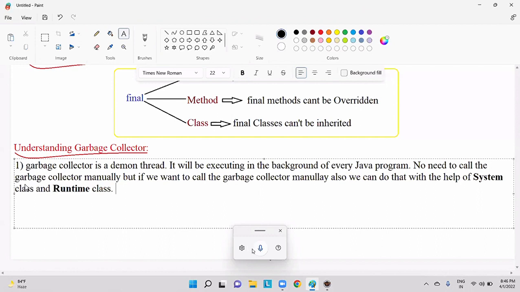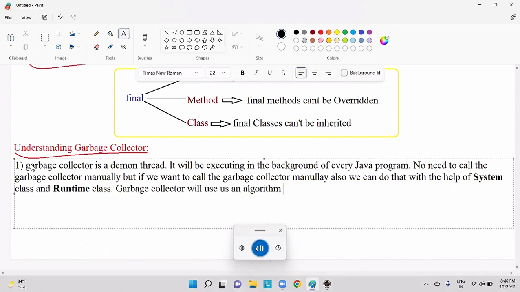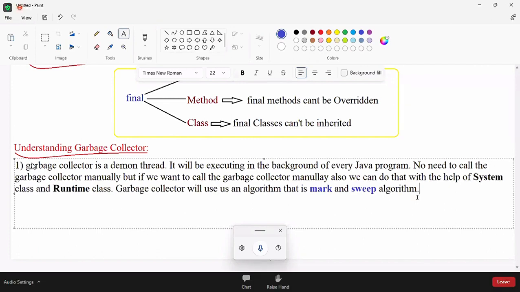Now, garbage collector uses an algorithm that is the mark and sweep algorithm. So what garbage collector will be doing is marking all the live objects, and it will destroy all unused or unreferenced objects.